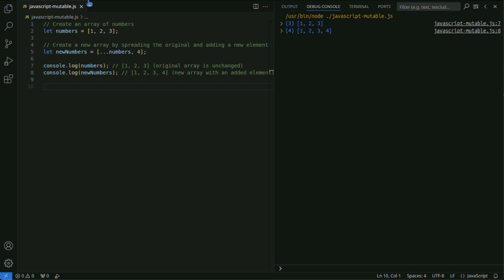Since immutable data cannot be changed, unexpected modifications are less likely, reducing the risk of bugs. Libraries like React and Redux are often designed with immutable data in mind, making state management easier when used correctly.